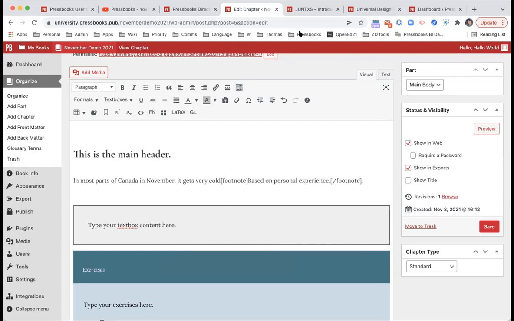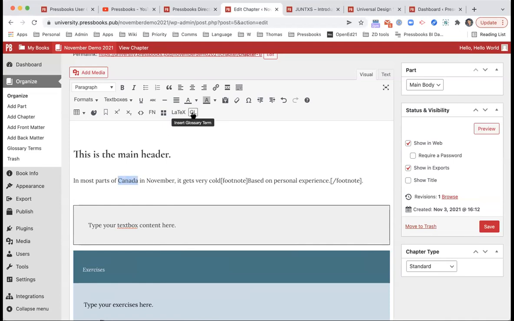And you can see that once I click OK, this footnote will get inserted between two pieces of shortcode. That button streamlines the process for me and eliminates me having to write each of these tags on either side. So that is super convenient. And if I want to include a glossary term, I might say,